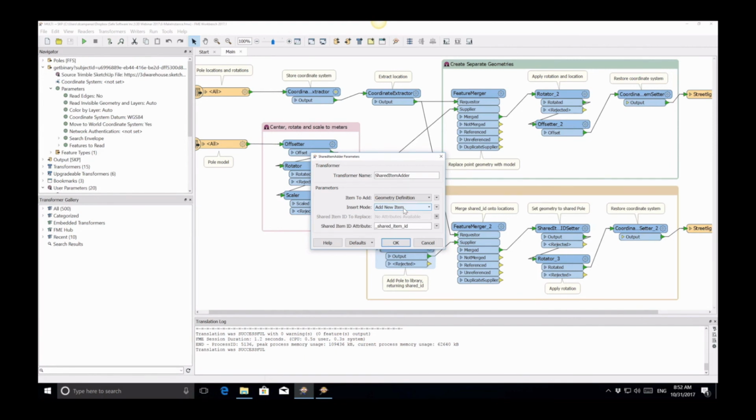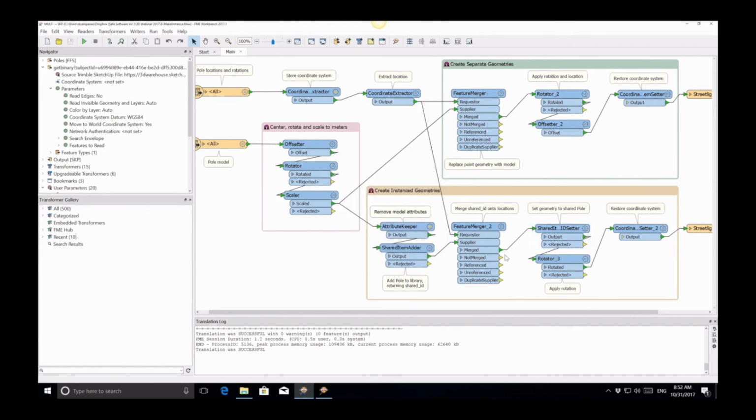So after we've checked it in, the feature now has this new attribute, the shared item ID. We're going to use a feature merger to merge that shared item ID onto each point. And then again, we use the shared item ID setter, much like we did with the text string before, to set its geometry definition to that ID. So now it's replacing that point geometry with the instance geometry, which is a pointer to that feature in the library. And again, we rotate it to get it into alignment, and we set the coordinate system on. So if we run this quickly,